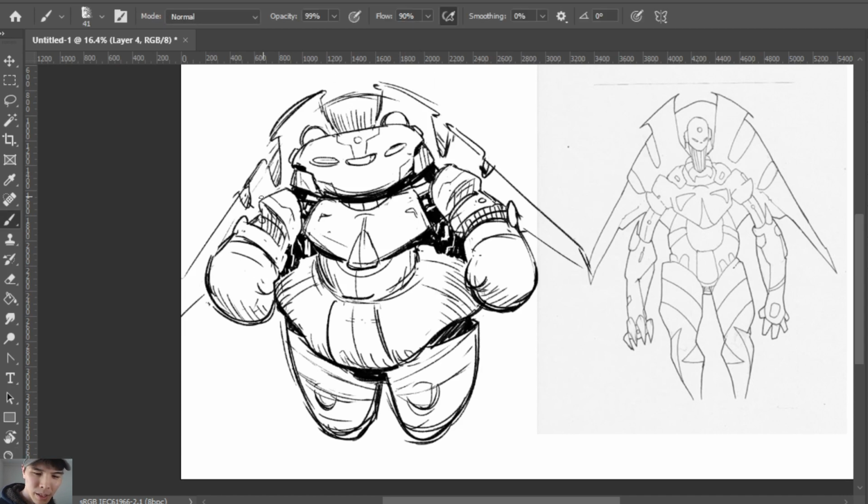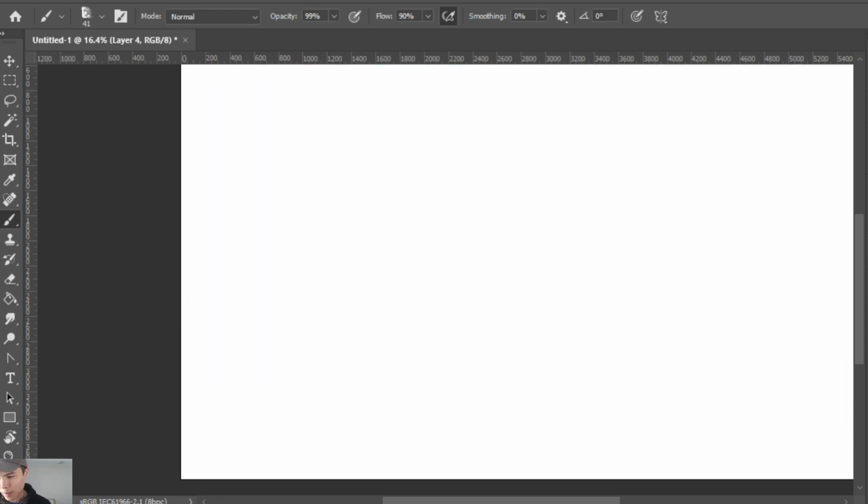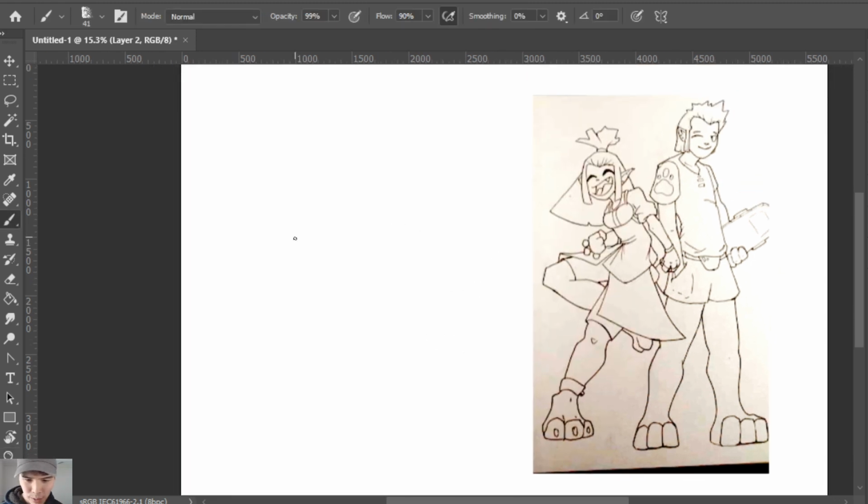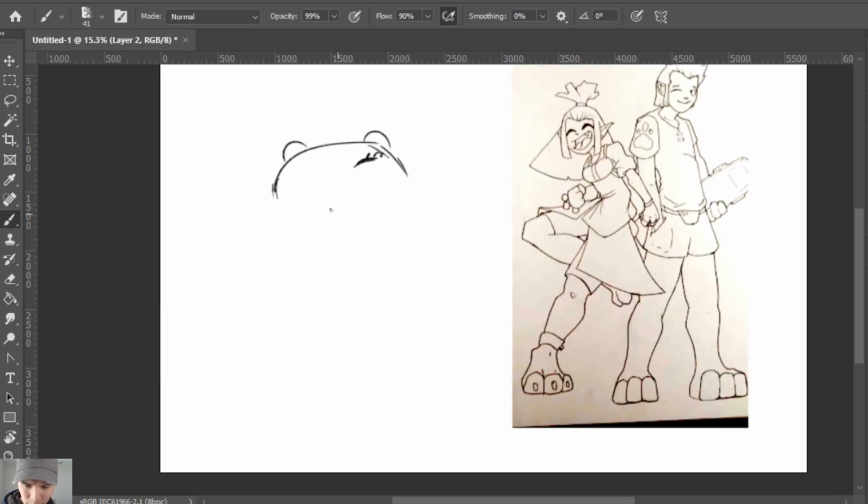So I don't think I have time to really get these. Well, let me see if I can do these guys here. This one's going to go a little bit over. So I'm going to try doing two characters really fast here. So this one,